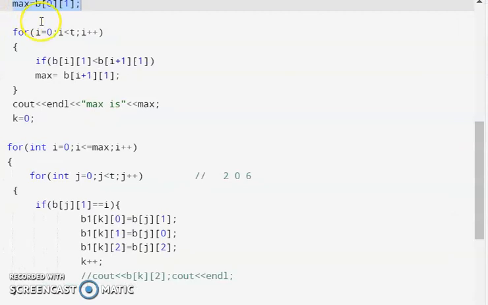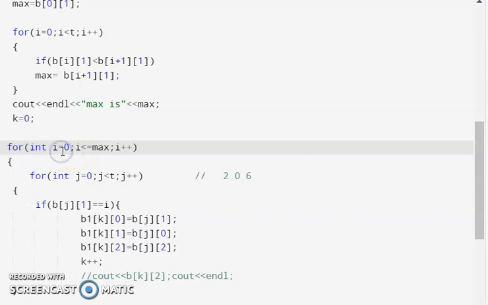So using a for loop, simply iterating, we are comparing which is greater, and that greater value will be stored in our max variable. And here I have displayed the value of the maximum element. And now this is what we explained there.